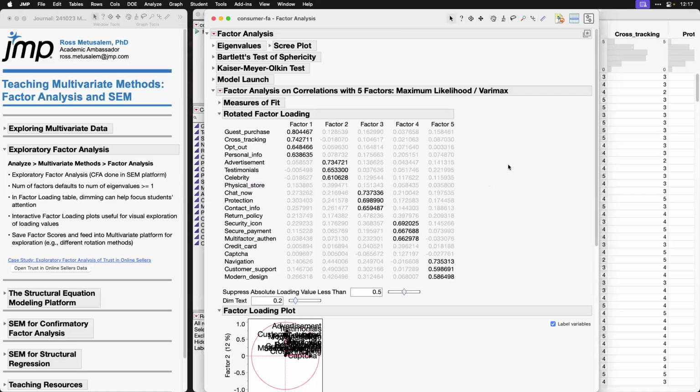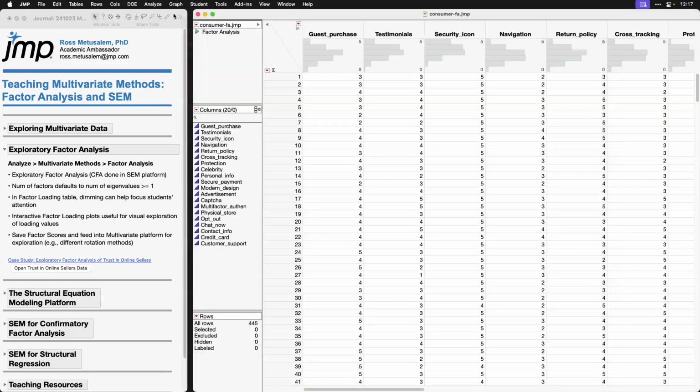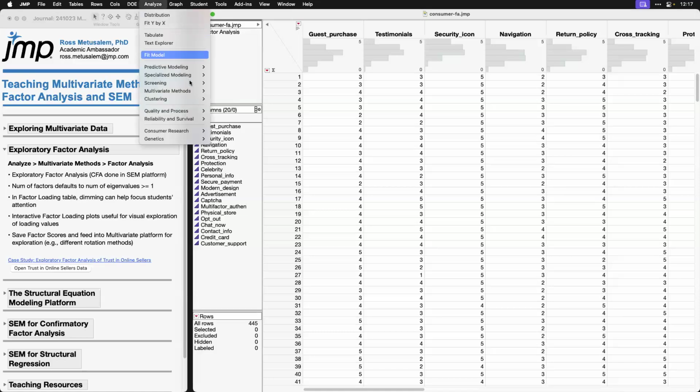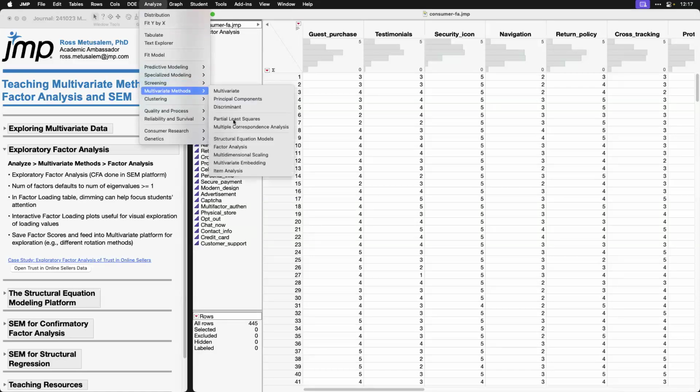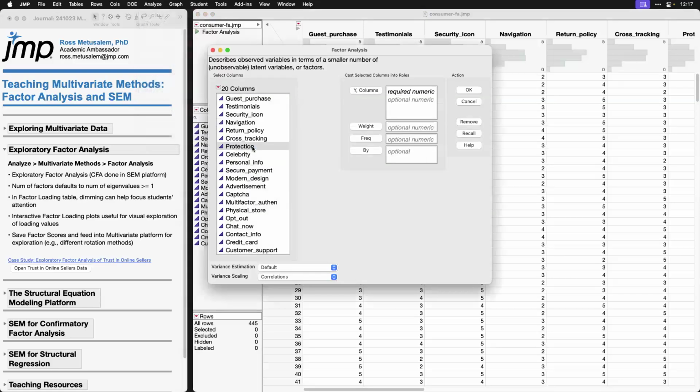So how do we perform this factor analysis, and what are some tips for using this with students? Well, we're going to start by going to Analyze, Multivariate Methods, and we're going to go to Factor Analysis. And I've noted here in the journal that factor analysis, while a general name in JMP, specifically means exploratory factor analysis. And we're going to do confirmatory factor analysis, or CFA, in the structural equation modeling platform in just a few moments here. So I'll grab all 20 of our variables, put them in the Y columns row, and